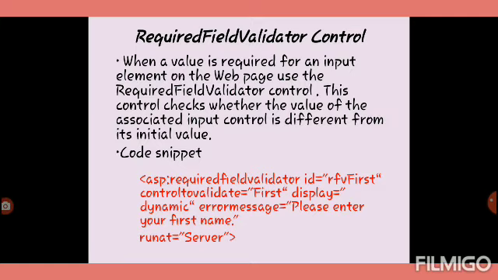So it will not be the same as it is created. When it is designed, something will appear, but when we give the property as dynamic, it will change when it is executed. For example, see the error message, please enter your first name, that we gave. That message will be displayed on the running window. So that is what dynamic is. On the design view, it will be something; when it is executed, it will change. It will get the message which is there. So that's why it is dynamic. I hope you understood. Then this is a server control, so we give runat equals server.